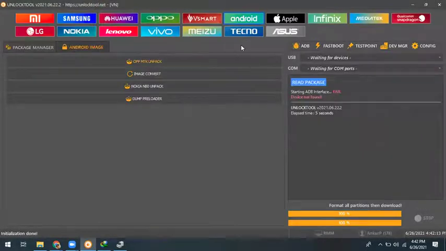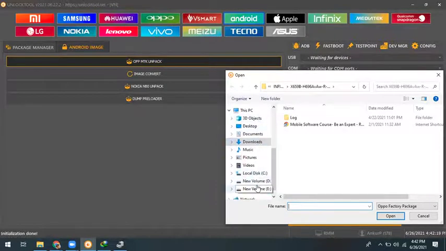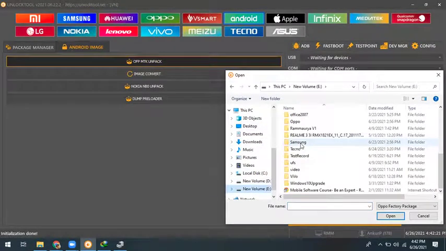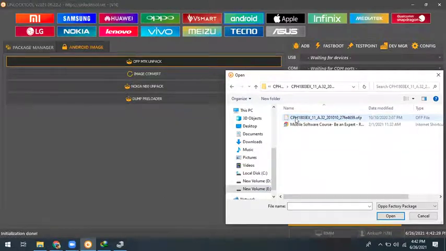How to extract? Simple. Click the Android tab, click the OFP, MTK and pack tool, and give the path of the file you want to extract. So this is our file CPH1803, and these are our OFP files supported on this tool.